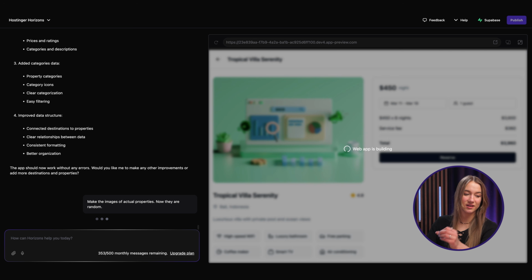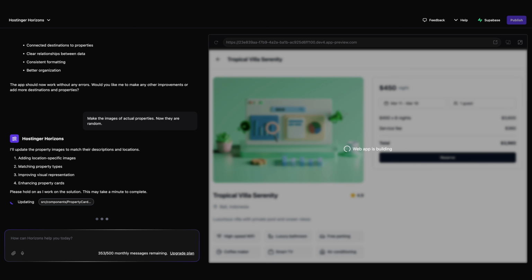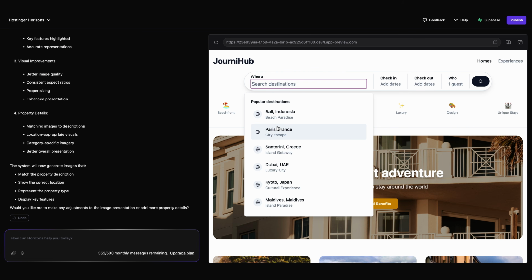Okay, last thing, I asked it to make images of actual properties because now they are just random. So we'll see. If it does implement new, more relevant pictures, then great. If it doesn't, well, it's definitely a thing you can do with Horizons. It's just, I'm running out of time. I'm under a lot of pressure. Okay, last test,